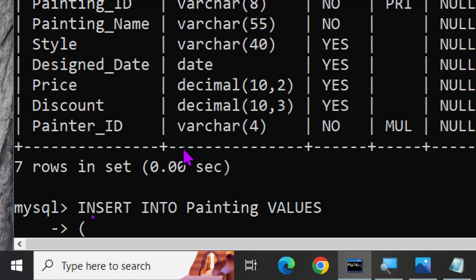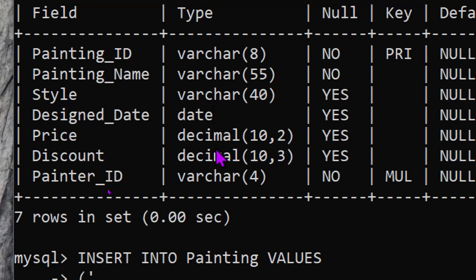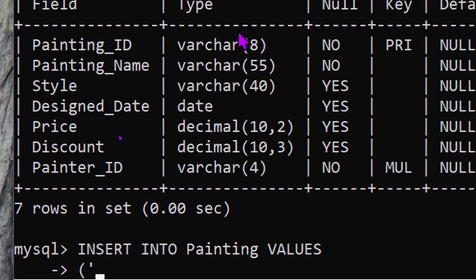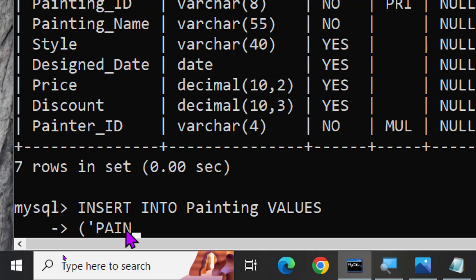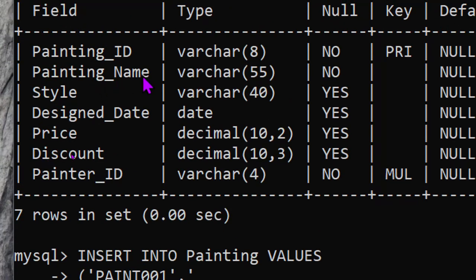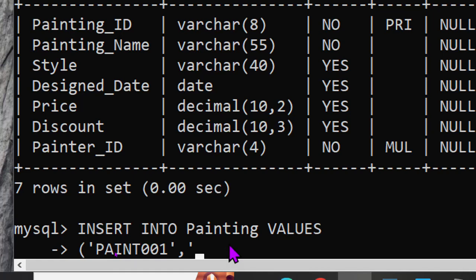Let's see how many we can insert into this. So the first part, we have the painting ID, which was 8 characters. So you can have the first paint as paint 001, comma, then painting name can have the first one as